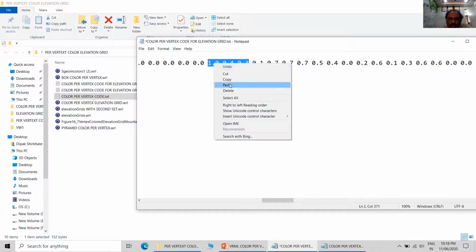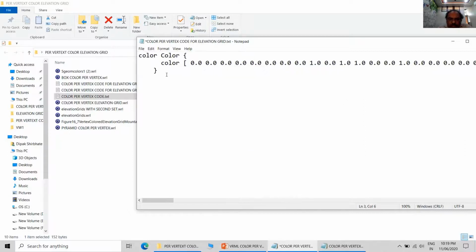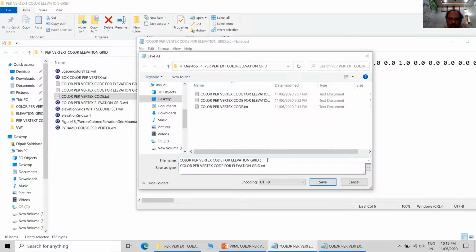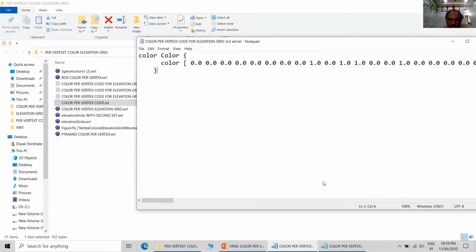This is again a new set. So this will be our third set, third set value.